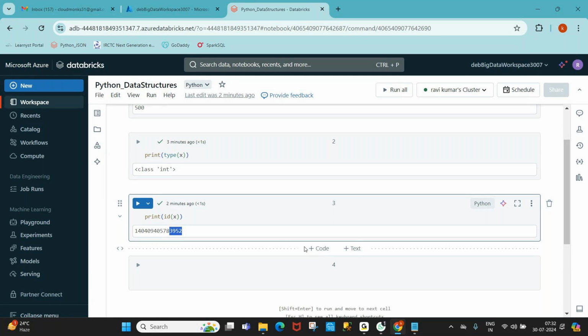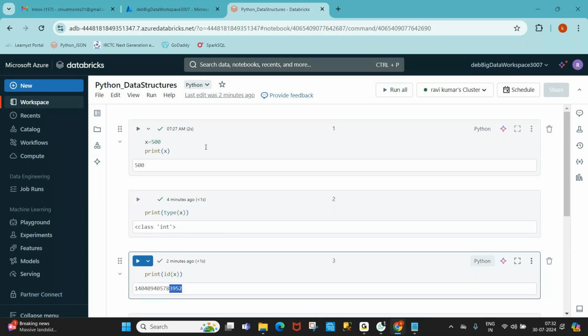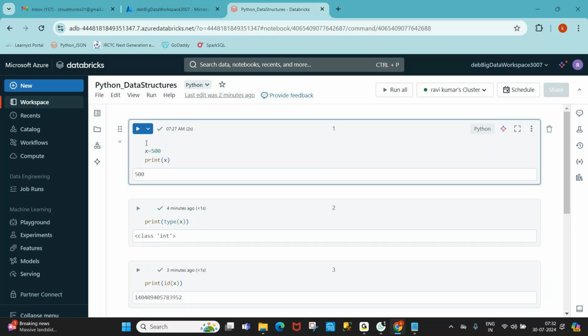That means this is an address where the value 500 is stored. You guys can say address means the memory address of an integer object. And I want to specify that here, guys, one comment line I'm writing.